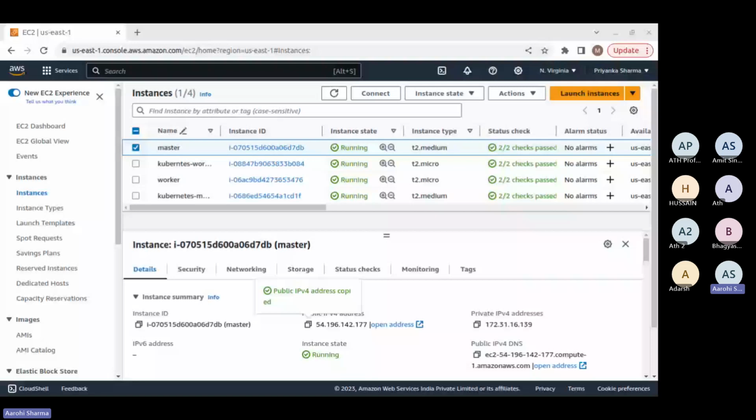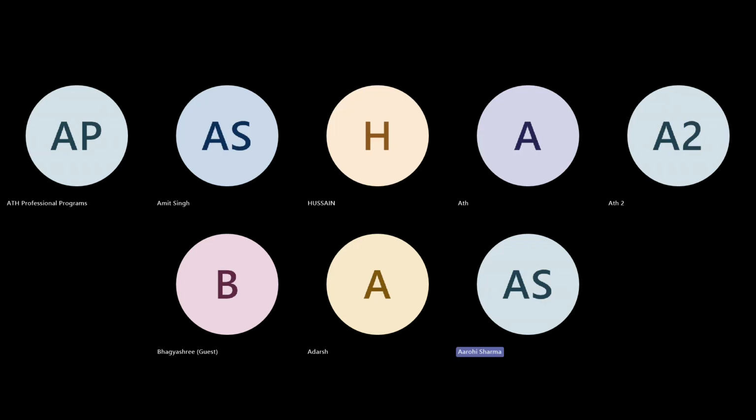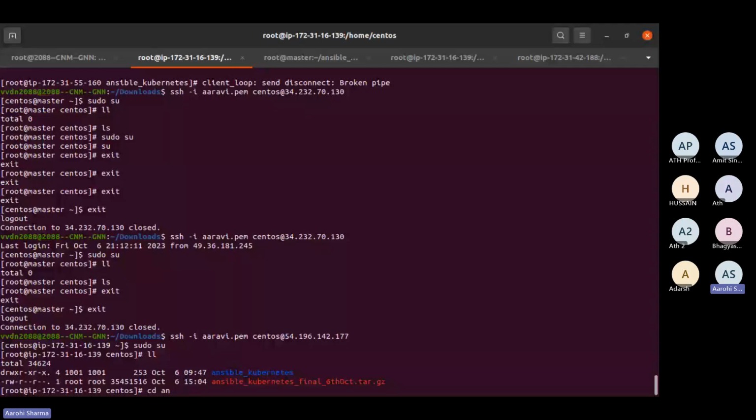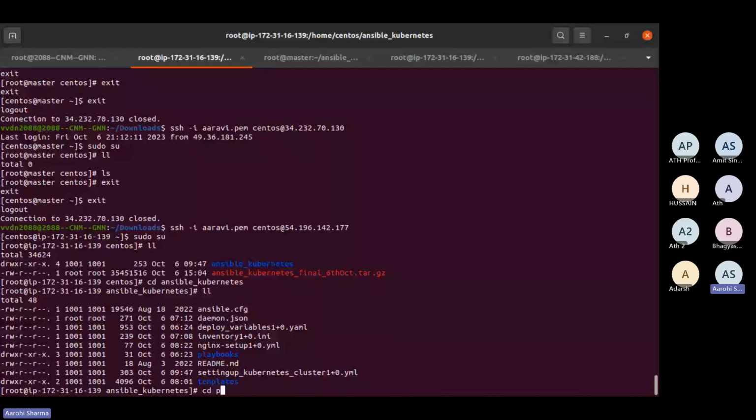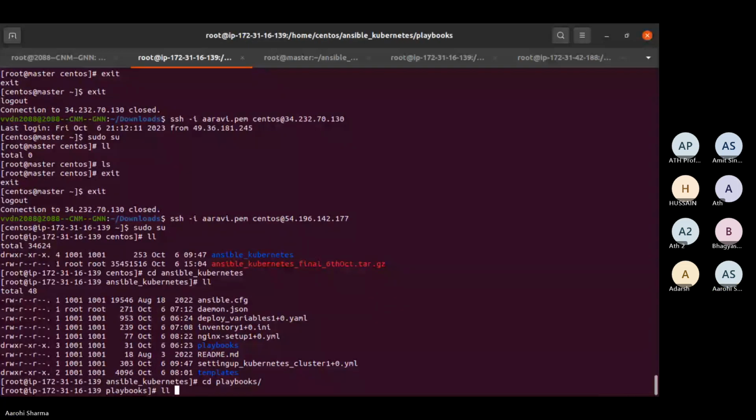Right, so guys, if you are able to see my screen, we are onto the part where we are going to showcase the Ansible Kubernetes. In this, we have multiple files. Then we have the playbooks, where we have the files we need for the Kubernetes cluster setup, right?